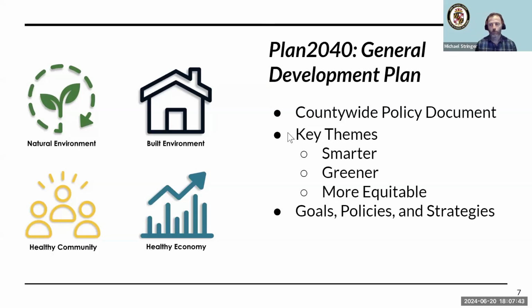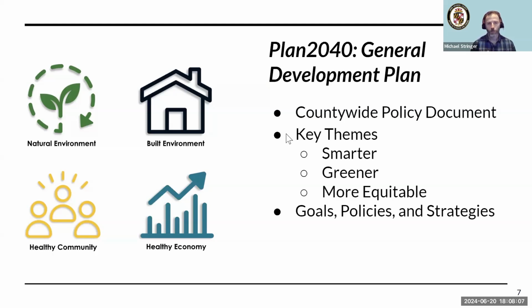Plan 2040 was developed over about 4 years with extensive community outreach, including dozens of in-person meetings and online questionnaires and public hearings with the Planning Advisory Board and the County Council. And through that public input, 3 key themes emerged: that people wanted the county to grow smarter, greener, and more equitable. So smarter, that we're more effectively directing growth to where we have infrastructure, where we can have more opportunities